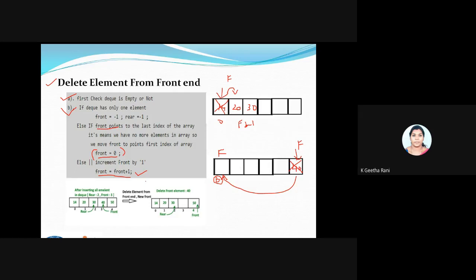While you are practicing, better draw a circular queue, like a logical view can be a circle, so that it will be easy for you to understand. While you're learning, do like that. While you're creating a program, make a logical view like a circle. Then I'll go for the program part.